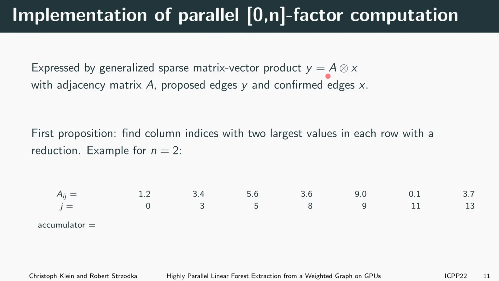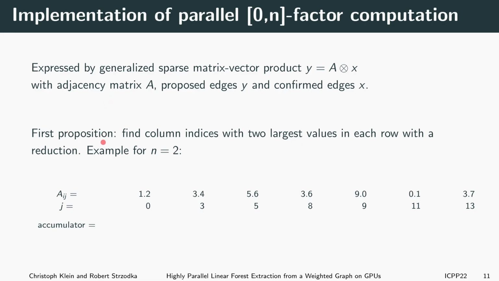with generalized multiplication and addition operators. So here you see this sparse matrix vector product, and A represents the adjacency matrix, so the graph essentially, and Y represents the proposed edges, and X the confirmed edges. So to understand why this is a sparse matrix vector product, we have a look at the very first proposition